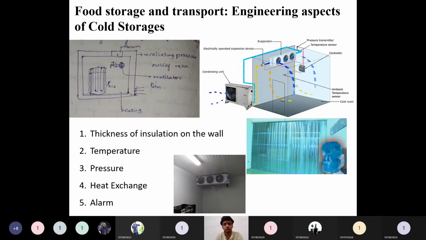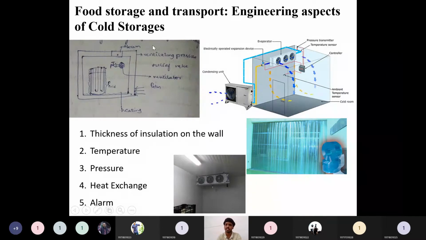Then first, we will see the cold storage. How does it work? It works on the freezing mechanism on a large scale. Cold storage has to be designed in order to prevent the food from spoilage, by offering a cold environment throughout the cold storage for that particular target food. So how can it offer that?